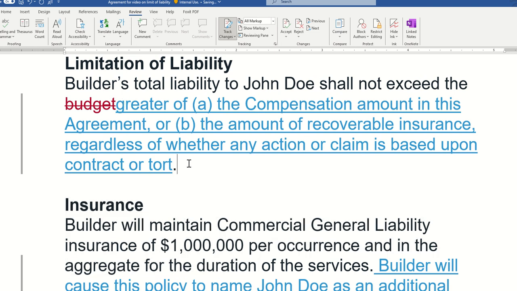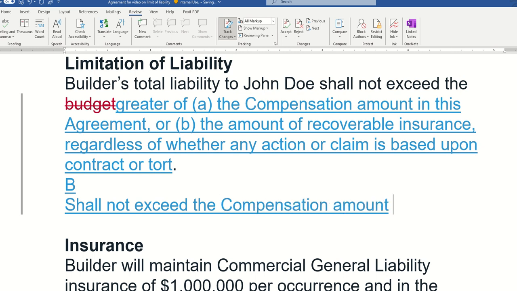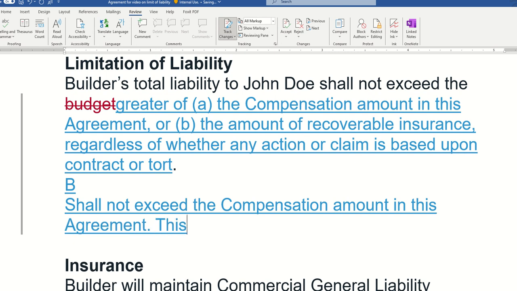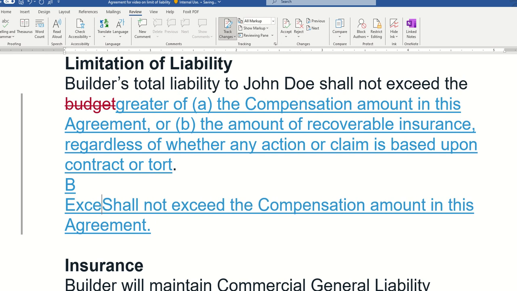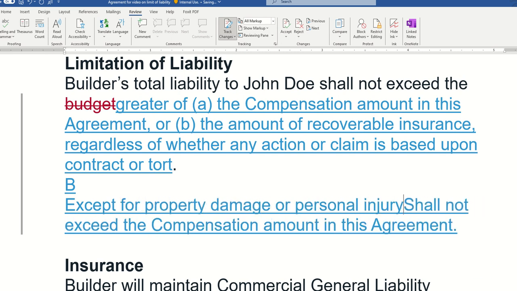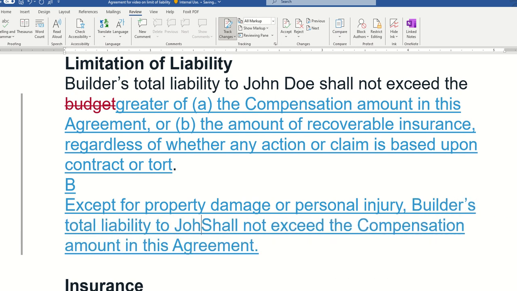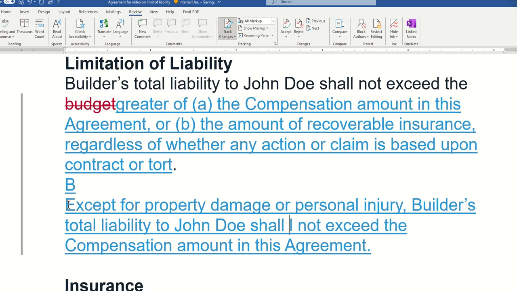Here, let's do option B. Actually, what we can do, we can say, except for property damage or personal injury, builder's total liability to John Doe shall not exceed the compensation amount in this agreement, right?